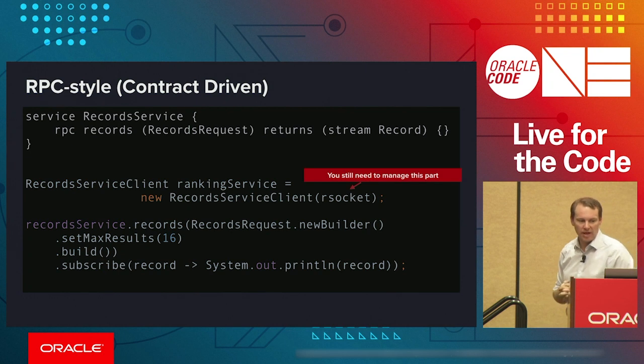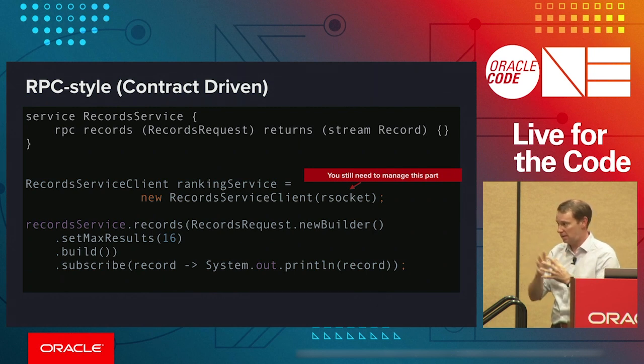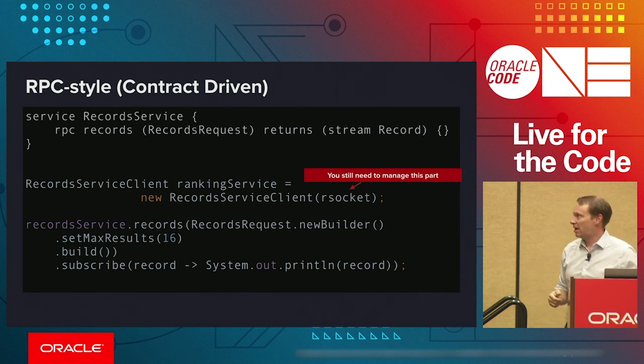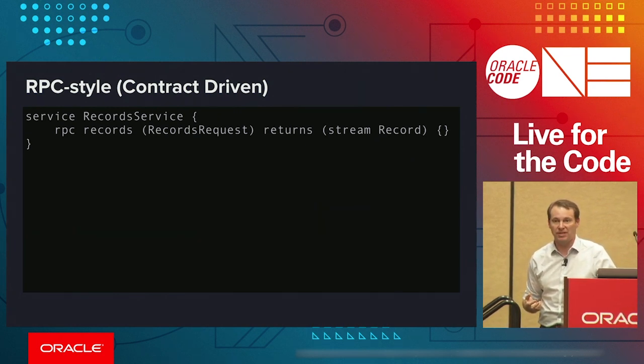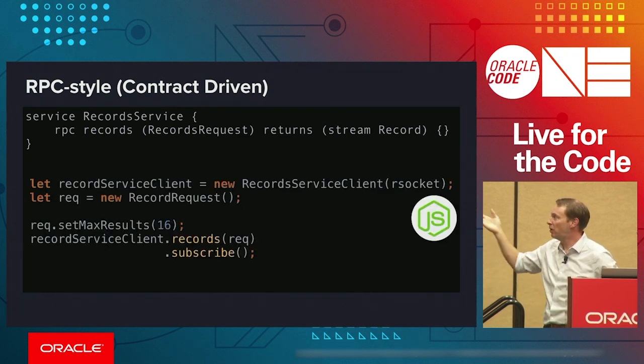All right, you still need to manage some stuff, like how the RSocket client, from the previous slide, how we created the RSocket factory client, gets plugged in. But all in all, what we have is a wrapper that is semantically consistent with the rest of your application. But as we said, one of the main reasons for using this contract style of development is that you can use the same definition that we saw before, but build it into another language. You could build it into JavaScript.